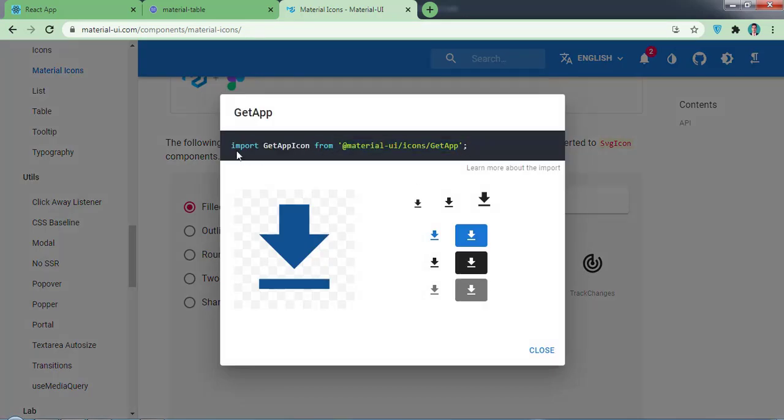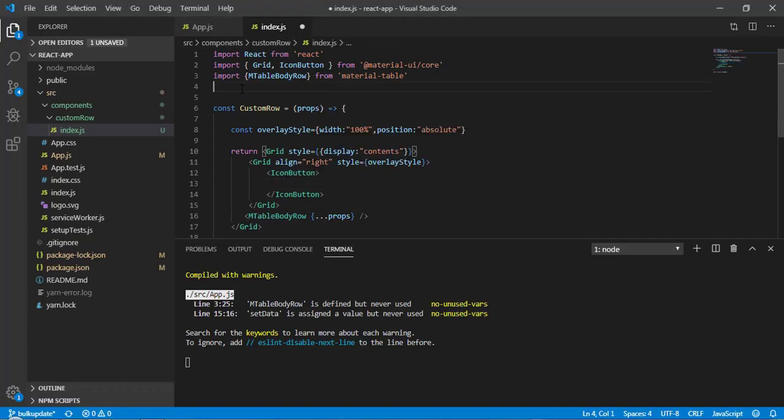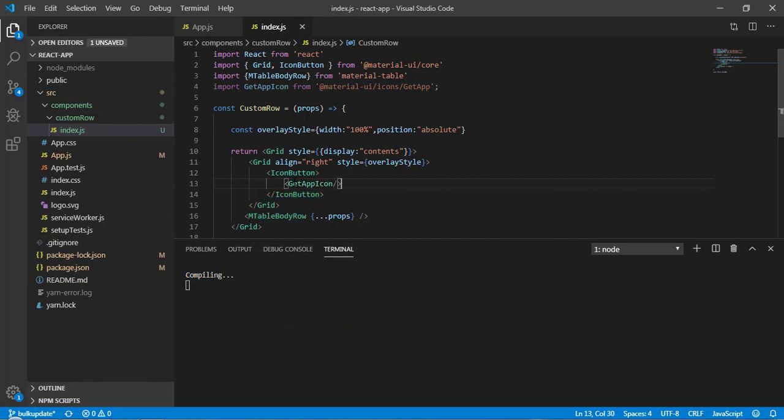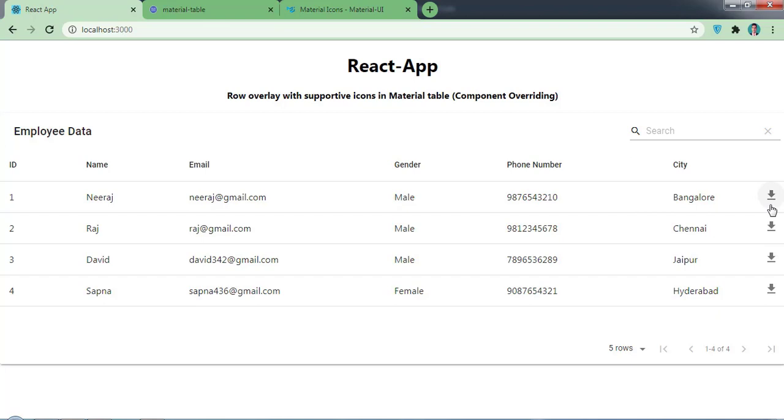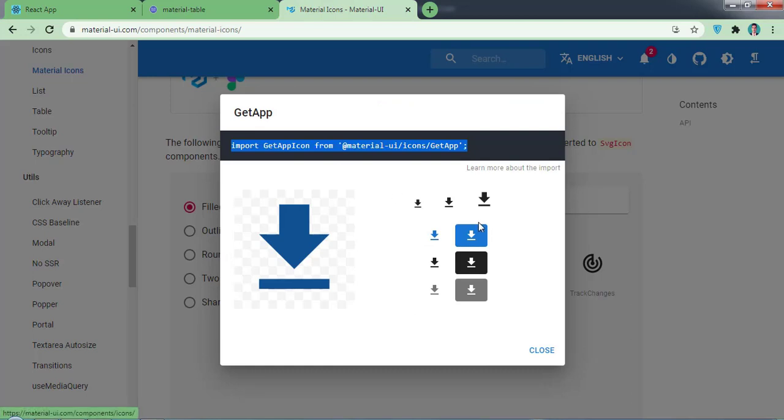I need to copy this and paste it here at the top, and inside the icon button I can write the angular bracket and close it. Now if I go to the browser, as you can see I got my icon button over here.